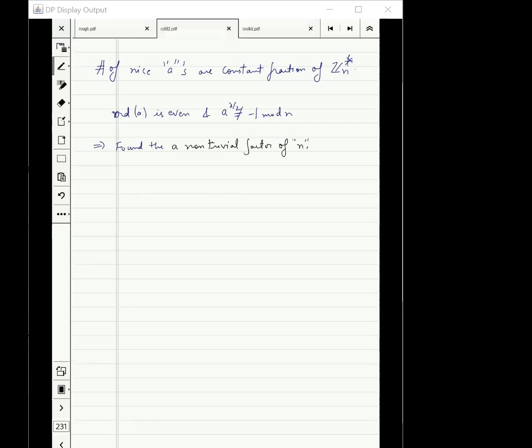But in all this, we assumed that we had an algorithm for order finding. Next week, we will see how to give a quantum algorithm for order finding. That will be the only quantum part. This is what we need to see. This is actually the main part, right? This is the new part. Everything else, the classical part, was already known.